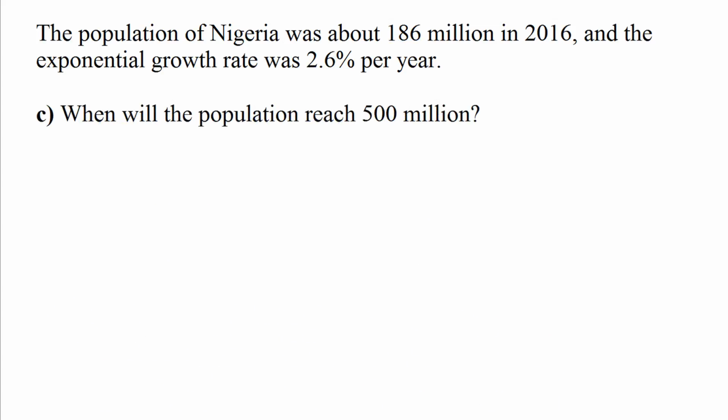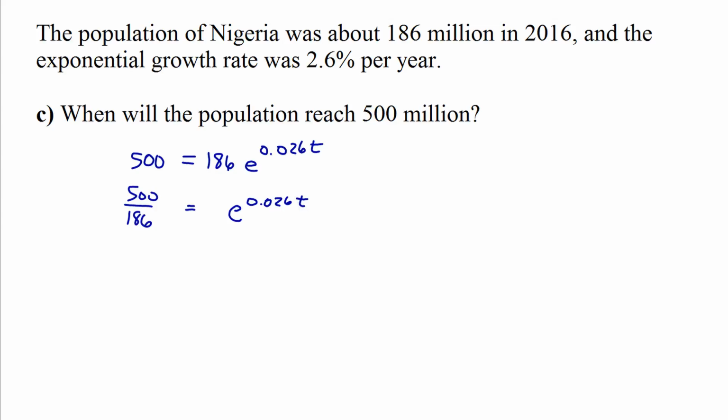Part C. When will the population reach 500 million? Well, this time we're given P of t, which is 500. Using the model we created, we have 500 is equal to 186 e to the 0.026t. Now we need to solve for t. First, we need to divide both sides by 186. This gives us 500 over 186 is equal to e to the